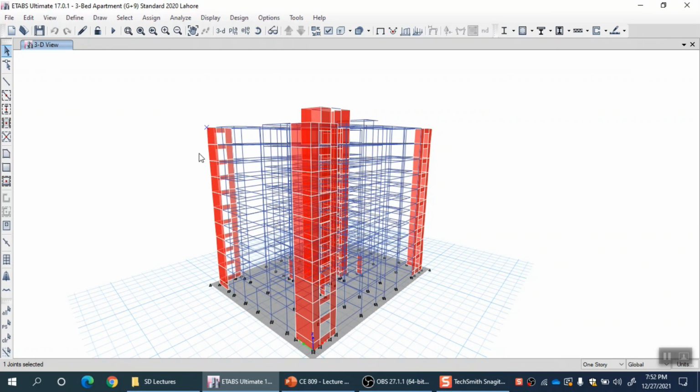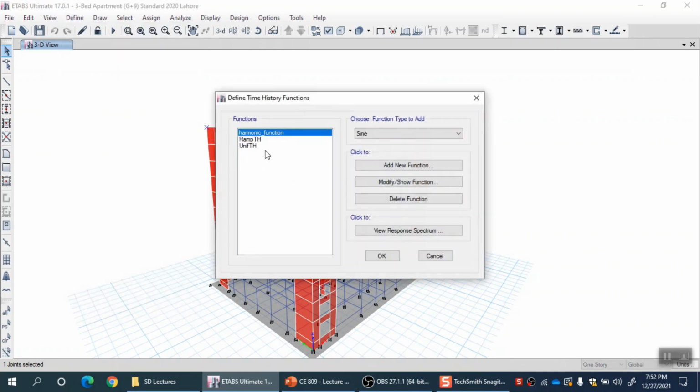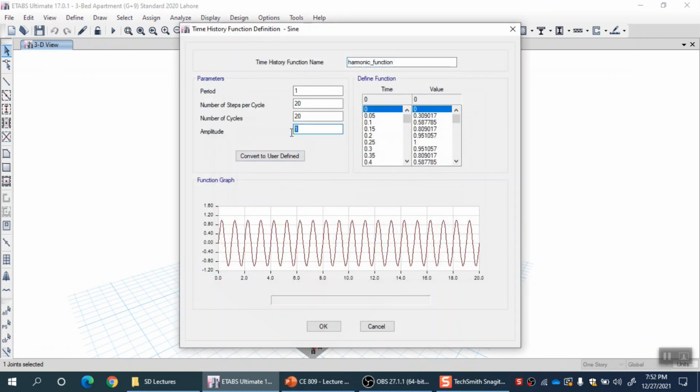Both are the same thing. So what I do here is, in define time history, the same function I modify it, I just keep the amplitude as 1. The program automatically develops this whole time versus value table. Currently the program does not know that it is some sine function which is going to be assigned to a particular loading.